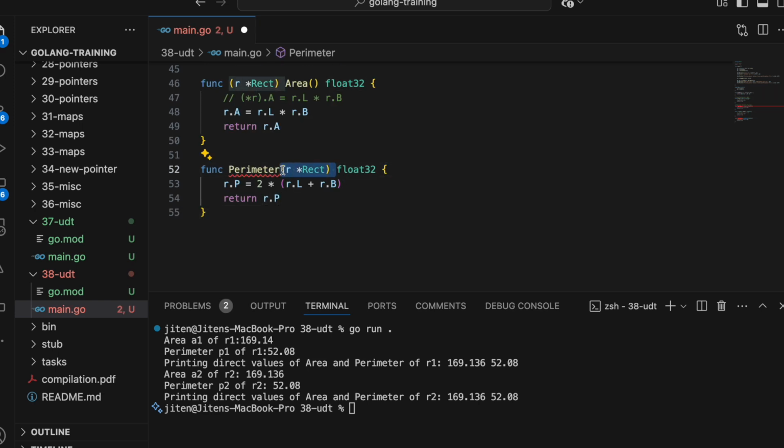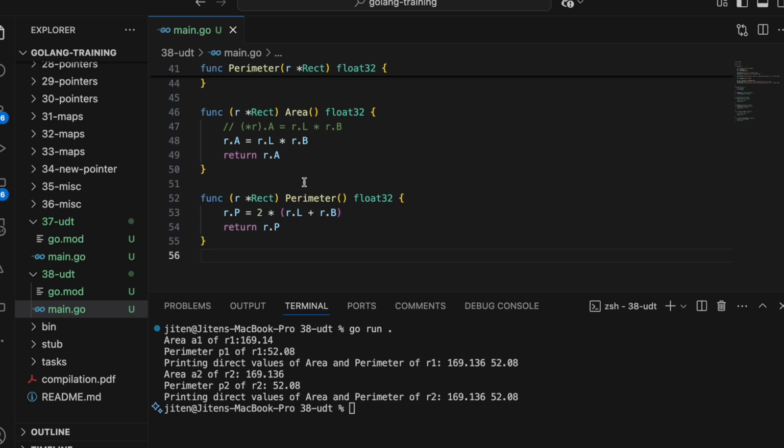This one, I put it over here, and then I put it over here. So again, there are two kinds of receivers. One is a normal receiver and the other one is a pointer receiver. And the name, you can give any valid identifier, but generally the idiomatic approach in Go is a single letter. People give single letters, most probably two letters,